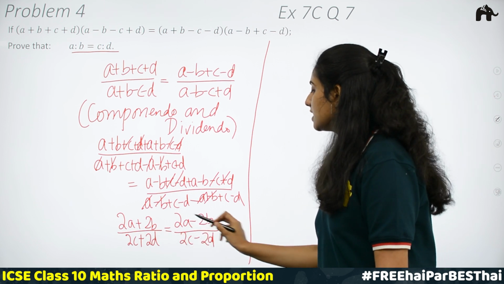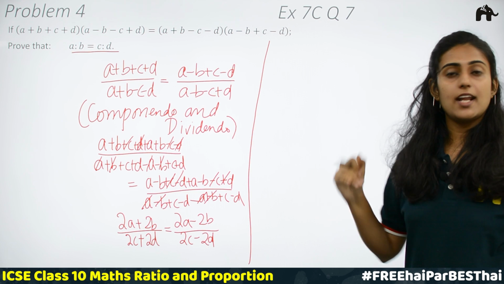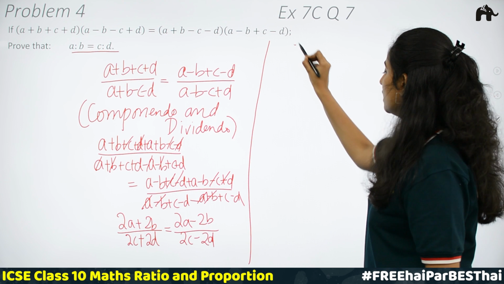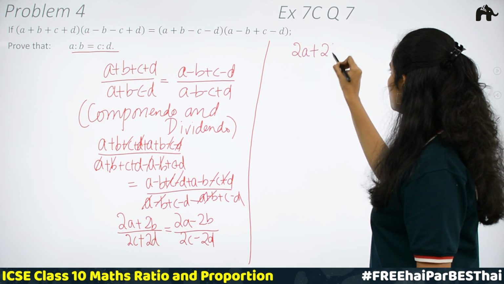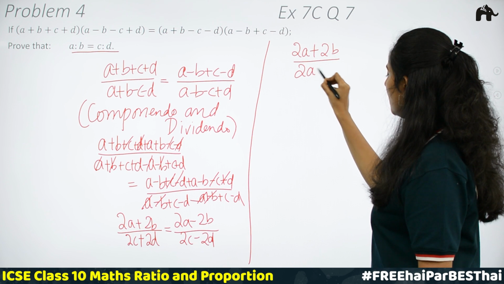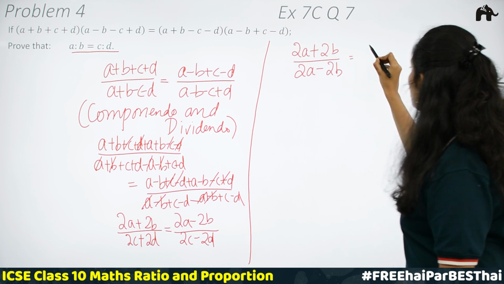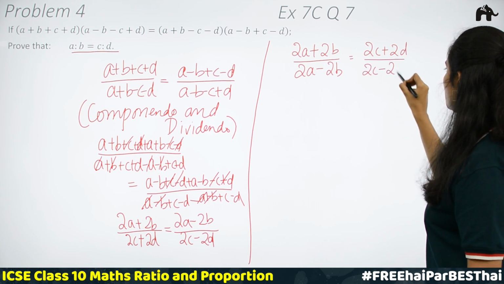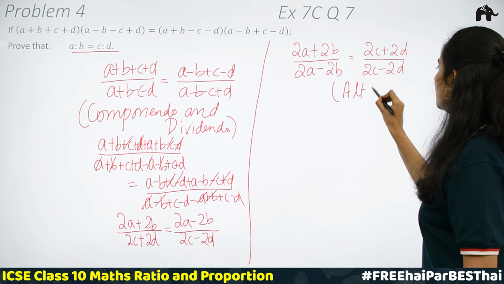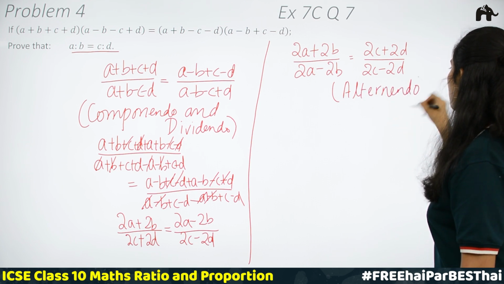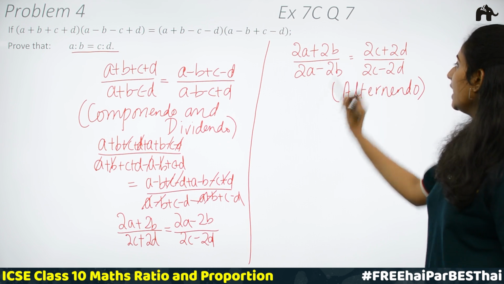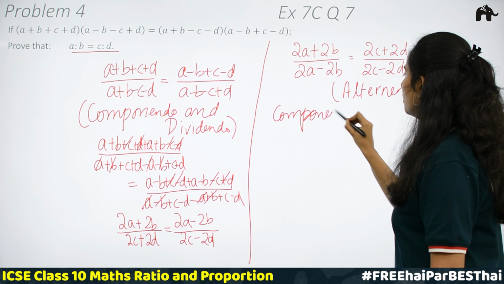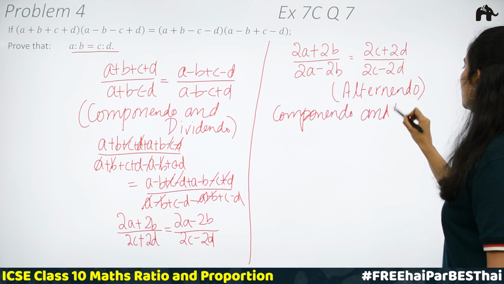Similarly, in the RHS, CD containing terms will be there in the numerator and denominator. Then we can apply the componendo and dividendo property again. That is, (2a plus 2b) divided by (2a minus 2b) is equal to (2c plus 2d) divided by (2c minus 2d), when you apply the alternando property. Now again applying componendo and dividendo,